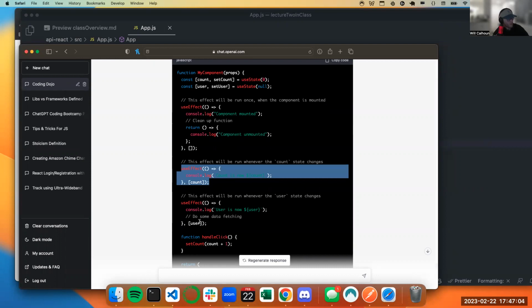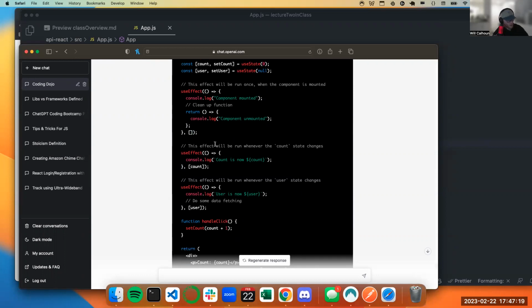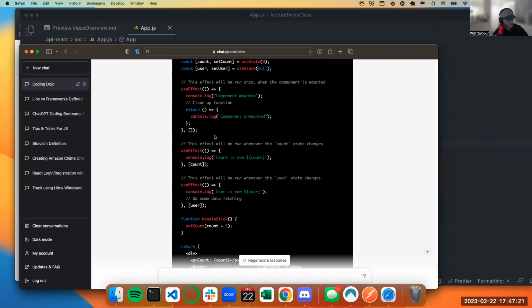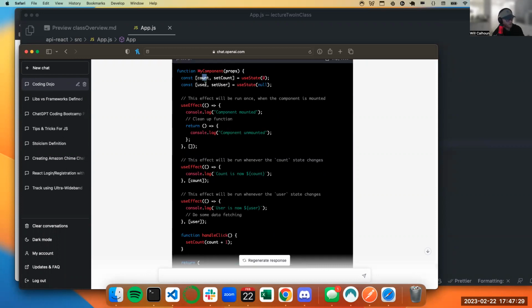Or if I change the user, then I want you to run this code again. That's what that allows us to do. Or if you just want it upon being mounted, so it's just starting, leave that empty. You can just leave it empty for what we're doing. But that's what that is doing: it allows us to have multiple useEffects and only change when something is updated, in this case the state of count or the state of user.